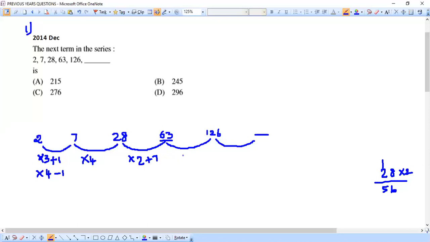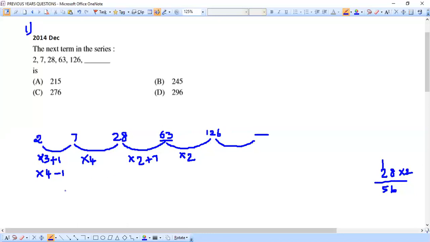So here, this time I have to do multiplied by how much? So 63 ones are 63. But 63 twos are will give you exactly 126. We can easily infer that here itself because 3 twos are 6 and 6 twos are 12. So it's very easy for us to say 63 twos are 126.